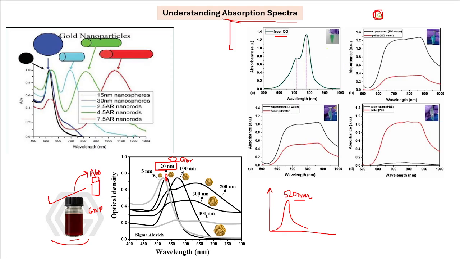So if we want to see, okay, this is the free compound, and when we are loading it in a nanoparticle, there's also a slight change in the color and also spectral broadening that we are observing. So based on these features, we can also preliminarily say that, okay, my nanoparticles are kind of formed.